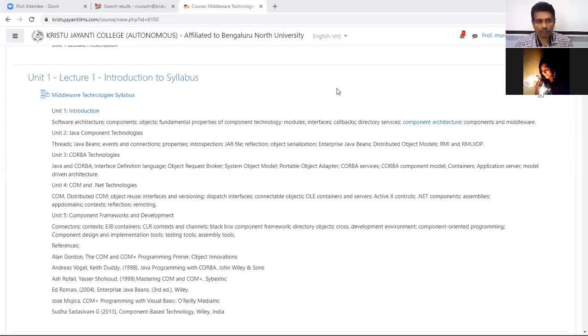So it's all about the basics of middleware technologies, which we'll discuss in unit number one. Once we have the foundation, next we'll go for the different component technologies existing in the market. One of the key technologies is Java component technologies. Java has come up with a component technology which is used widely in the market. They started with the concept of threads and multi-threading, which is a part of core Java, where they created a mechanism to run multiple applications in parallel.